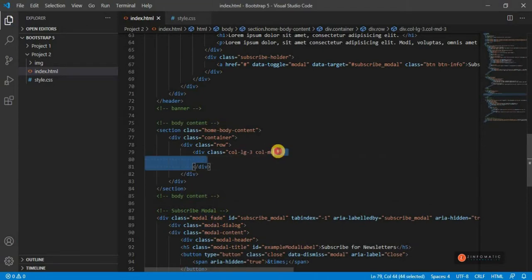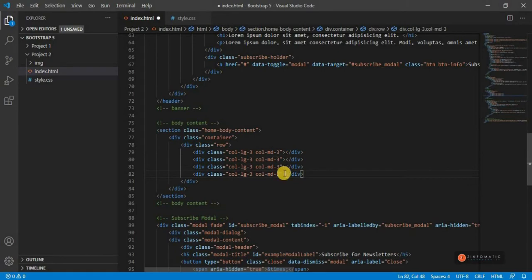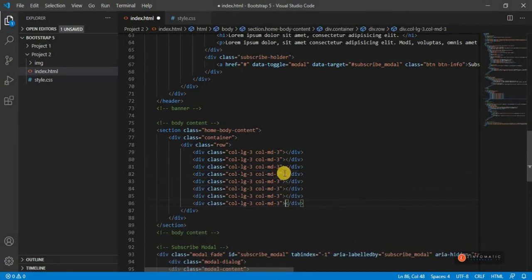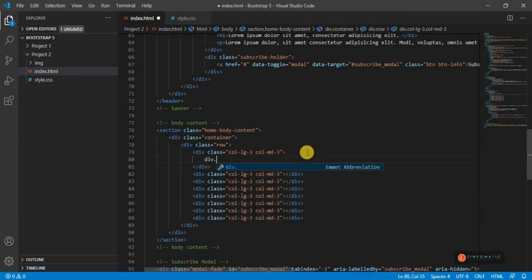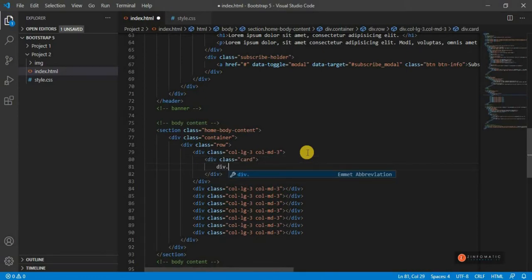Okay, so what we're going to do is first duplicate this. I'm going to create 4, 5, 6, 7, 8. I hope that's 8. That's like 1, 2, 3, 4, 5, 6, 7, 8. Okay, so here we are going to create the card. That's going to be div dot card, and here we'll say div dot card body,